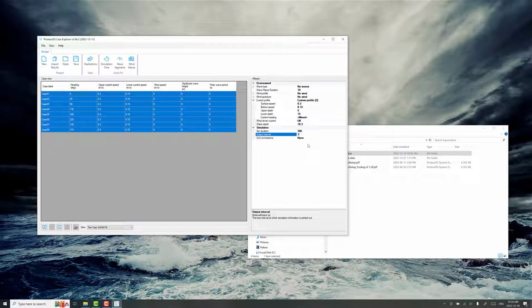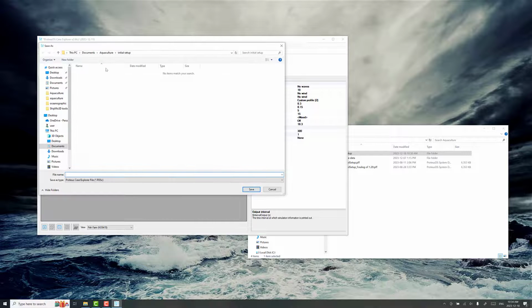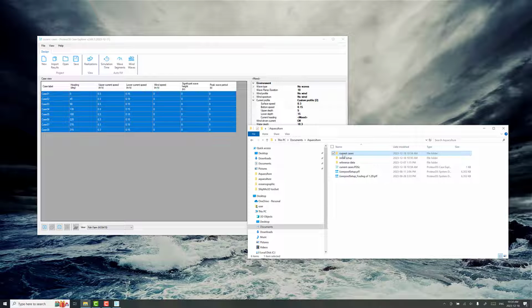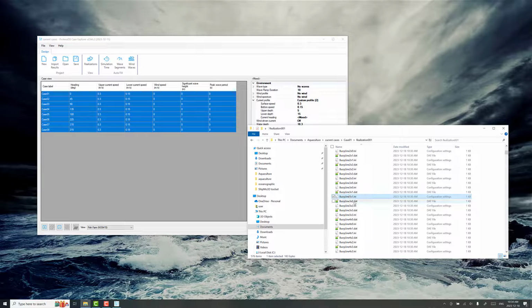With the output interval, we'll set it to 1 second because we don't really need a lot of fine detail, and it'll go a little bit faster because there's not as much file I/O as you go through this process. Just checking over everything here, I think we've got everything set up all right. So we'll go save. We're saving the Case Explorer file here, so I'm going to call this current cases. Save. Now we have a folder that's been created, current cases, and every single variation